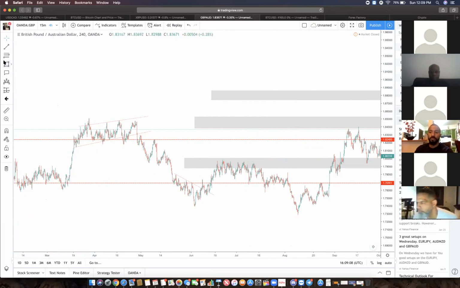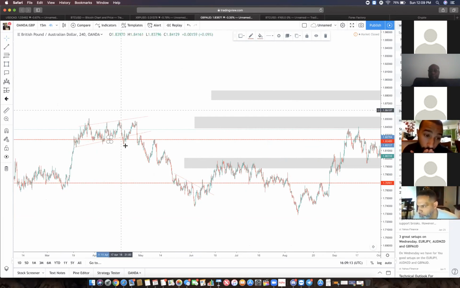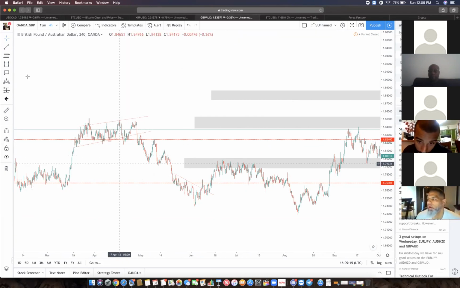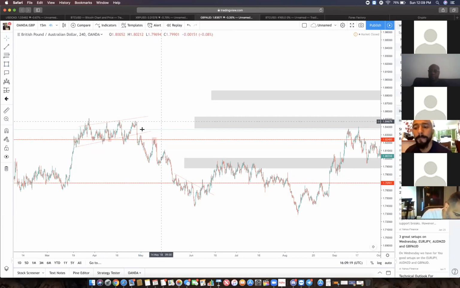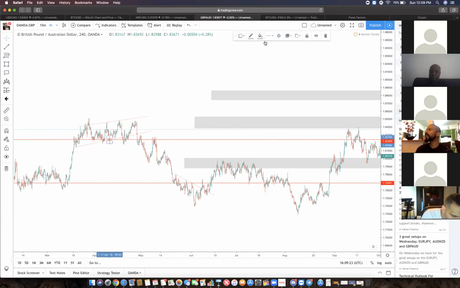So here's our last highest low point here after the market broke. And here was our retest. And as we can see, after the market cleanly retested that price point,